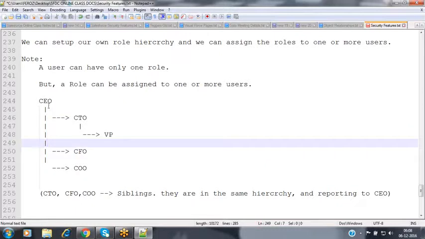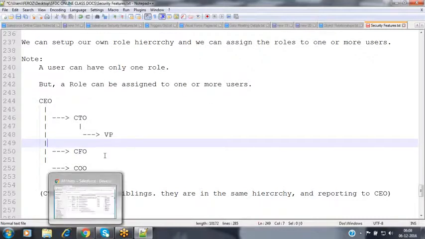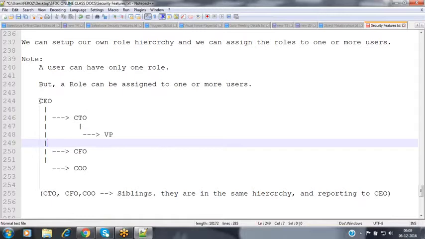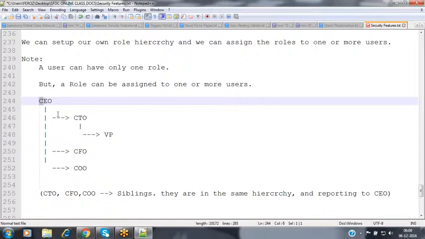So now I want to assign these 5 roles to the 5 different users. Then how can we configure these roles? And how can we assign these roles to our users? We'll see practically over here. Whenever you are configuring roles, by default Salesforce is providing some set of roles to us, which we can use to assign to our users. Or if the existing roles are not suitable, then we can customize and configure our own role hierarchy, and we can assign those roles to our users as well.